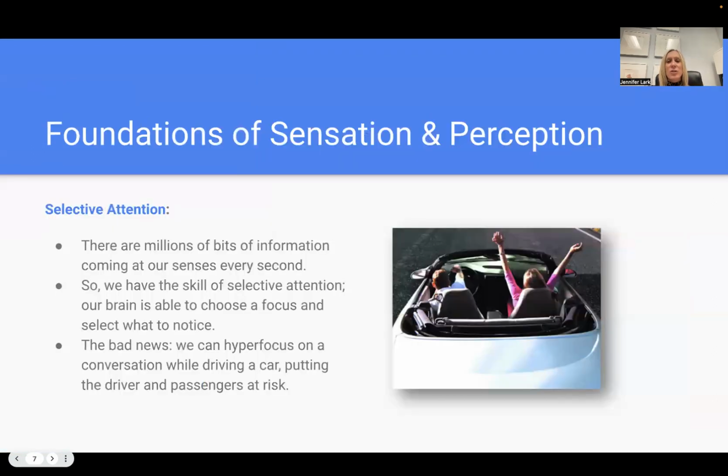A couple of other foundational concepts when we think about sensation and perception. So I'm sure you guys have all experienced selective attention in your lives and the limits of selective attention in your lives. But the idea is that at any given time, tons and tons of sensory information are competing for your brain's attention. And as a human being, it's really only possible to selectively pay attention to one thing at a time. We are terrible multitaskers as human beings, but we all think that we're amazing multitaskers. We'll do some activities next time in class to show you that you are not, my friend, a great multitasker, because no human is a great multitasker because of the way that our brains function.